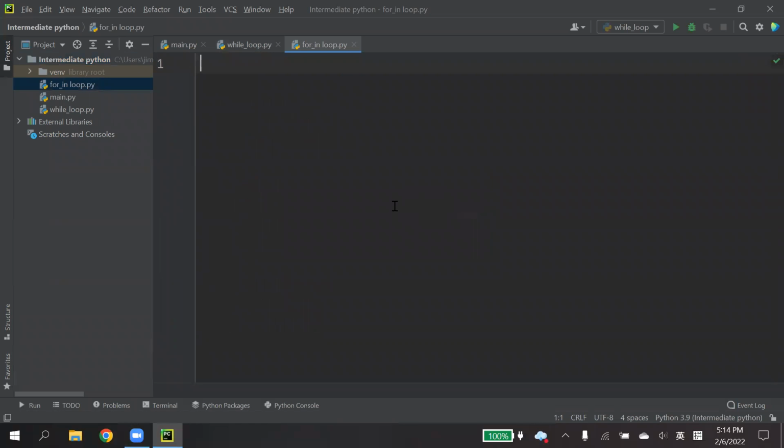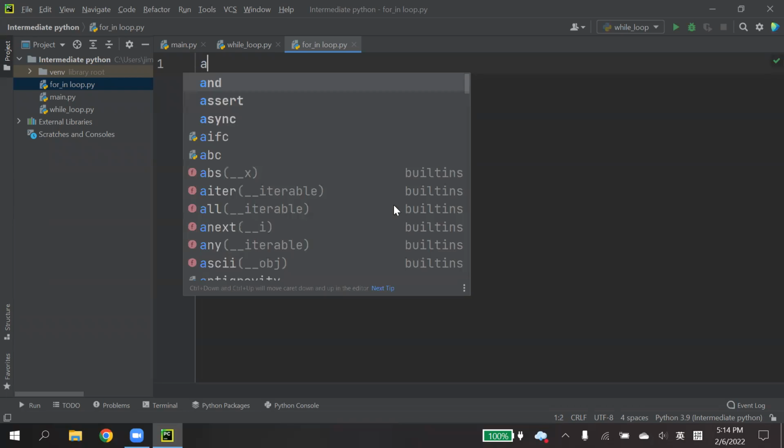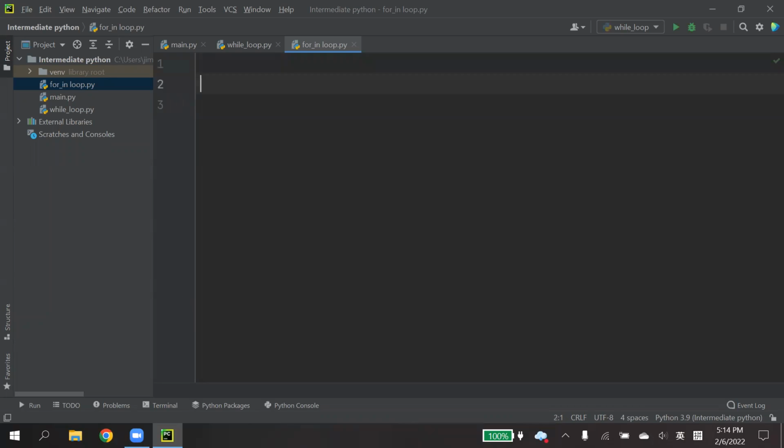For in loop we usually use to loop through a sequence. When we have a sequence of items, we can use a for in loop to step through it. A for in loop can help us to repeat a known number of times.